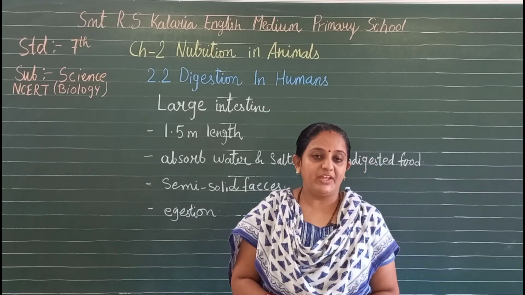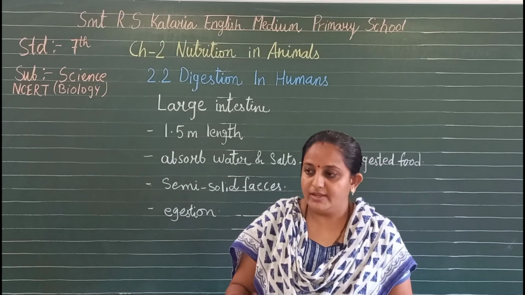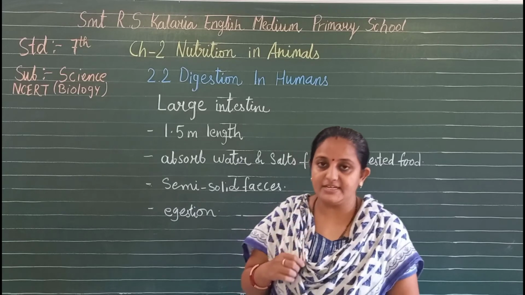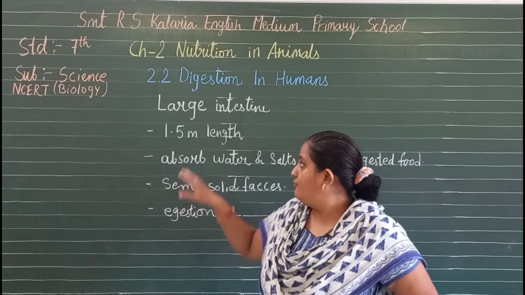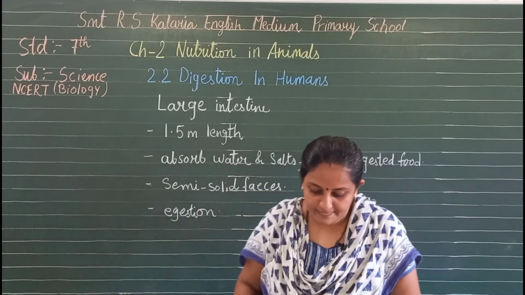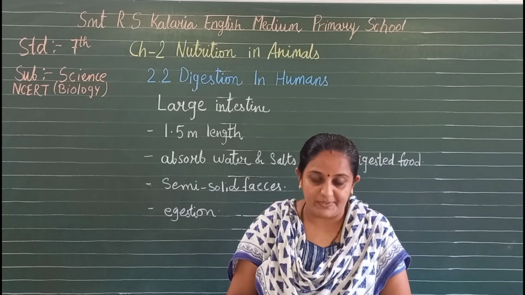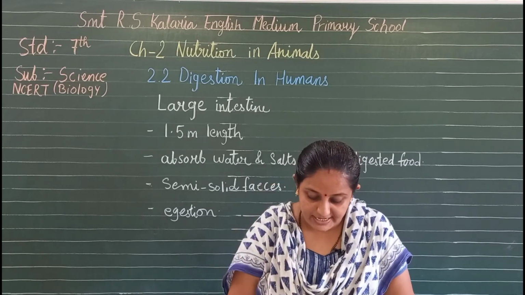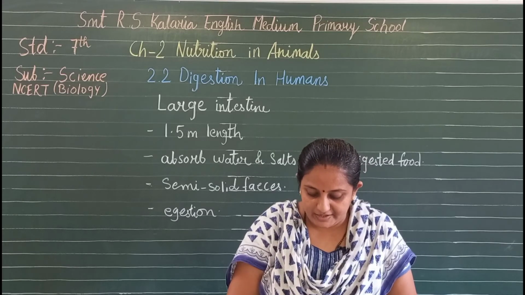We all know the name is large intestine, but actually it is small in length compared to the small intestine. So we can say the large intestine is wider and shorter than the small intestine. It is about 1.5 meters long, and its function is to absorb water and some salts from the undigested food which enters from the small intestine, and the remaining waste passes into the rectum and remains there as a semi-solid